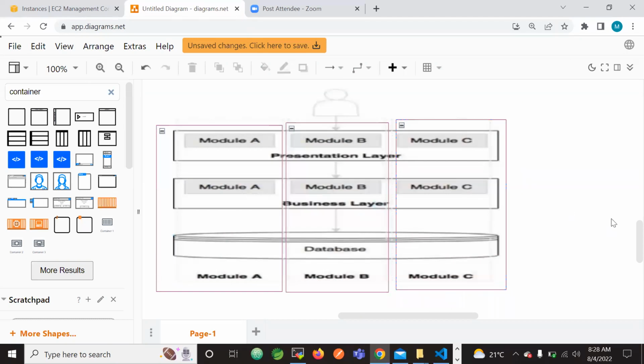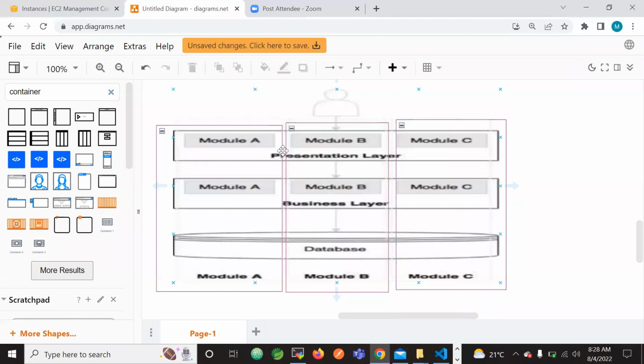now see, module A presentation layer, module A business layer, module A database, and this is the module A application. Similarly, module B, this is the module B application, containing the module B presentation layer, business layer, and module B database. Now this is module C: presentation layer, business layer, and database layer.